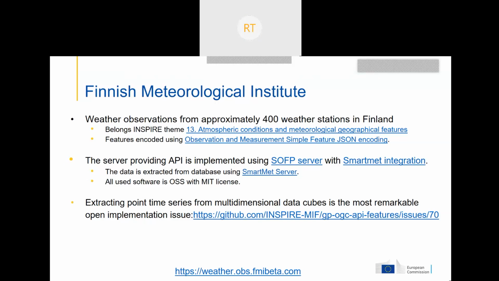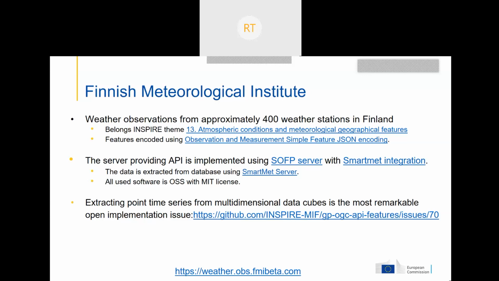And we have encoded the data in the service using Experimental Observation Measurement Simple JSON encoding, which is technically GeoJSON, but there's a time series in the property list.